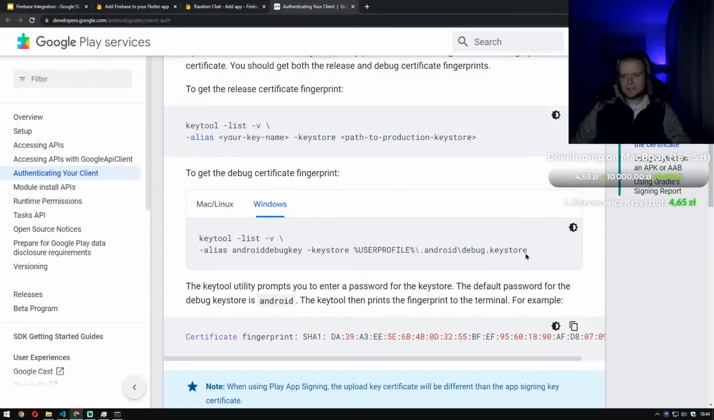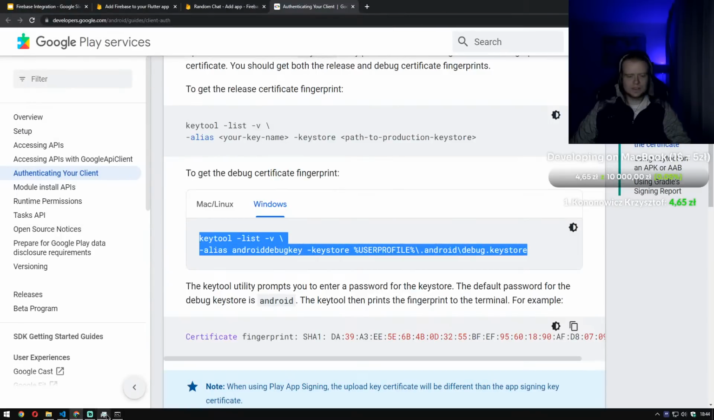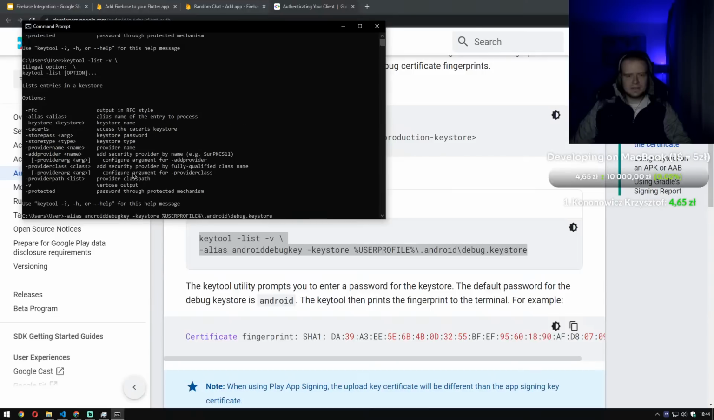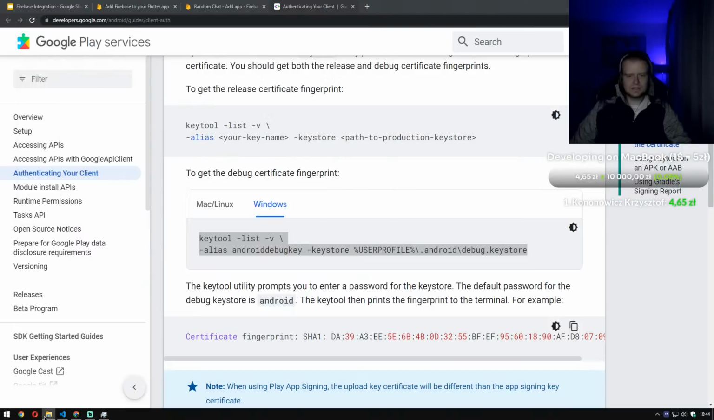Oh, wait a second. I won't show the output of this command because my debug certificate thumbprint is... Oh, maybe I will just do it in PowerShell, because it's my secret, so I won't show you this debug certificate. However,